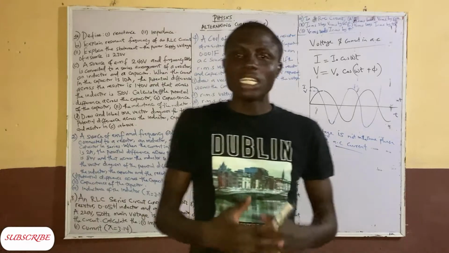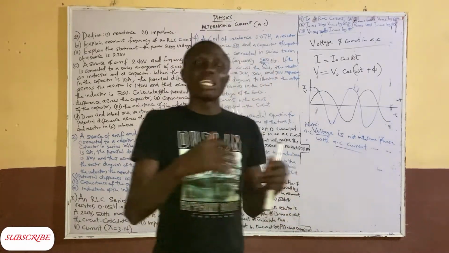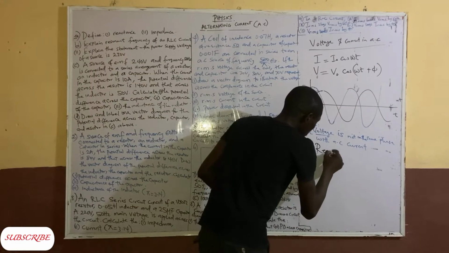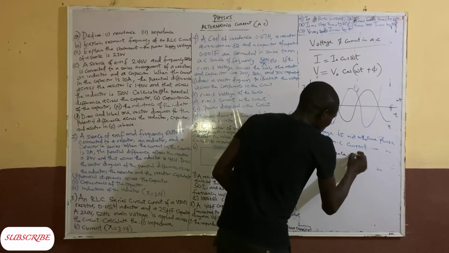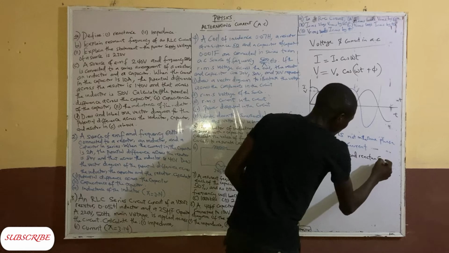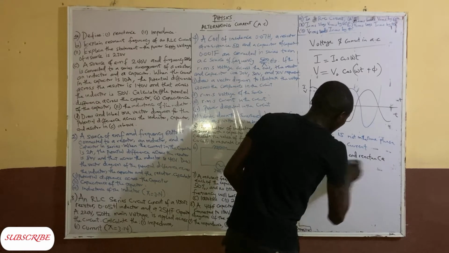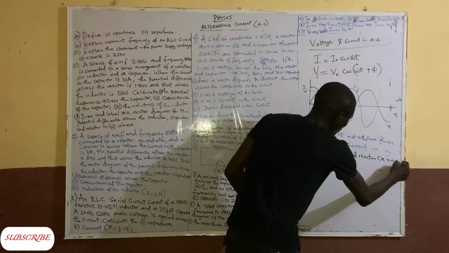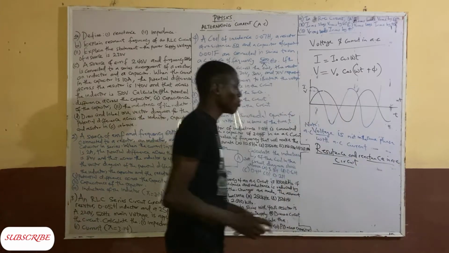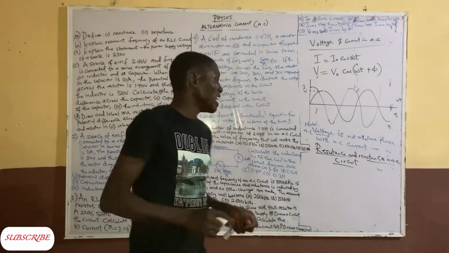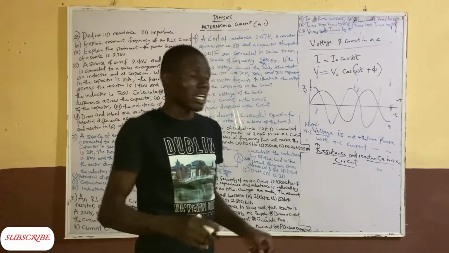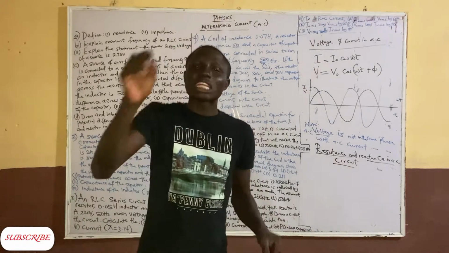As you can see in the sinusoidal graph, the voltage and the current are not in the same phase. And this is what brought us to resistance and reactance in an AC circuit. Before we talk about the resistance and the reactance in an AC circuit, the first thing you need to know is that